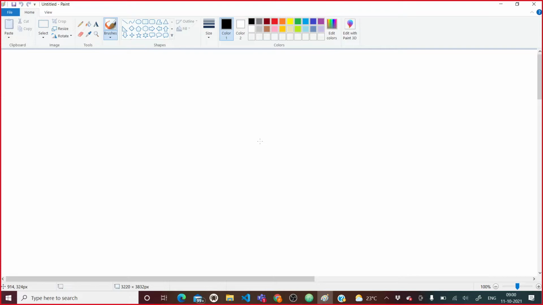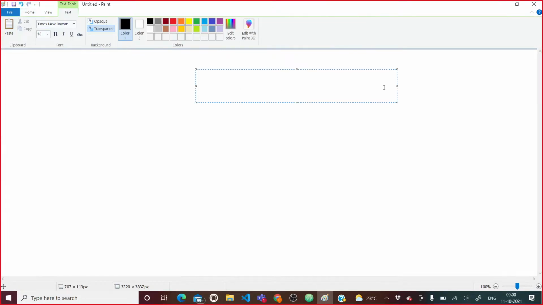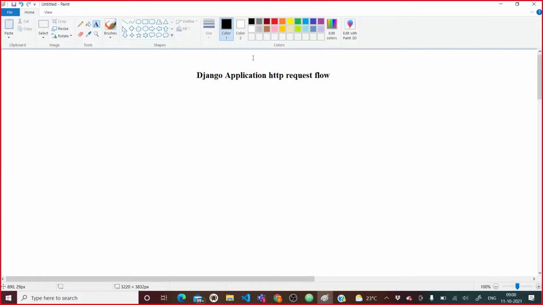See what we are going to see, the Django application HTTP request flow. Now see here what we will be doing. Suppose that there is a client. Suppose that this is the client.